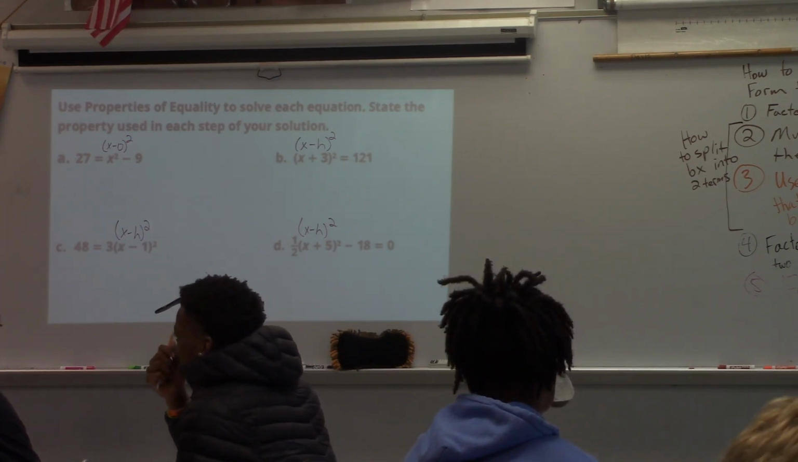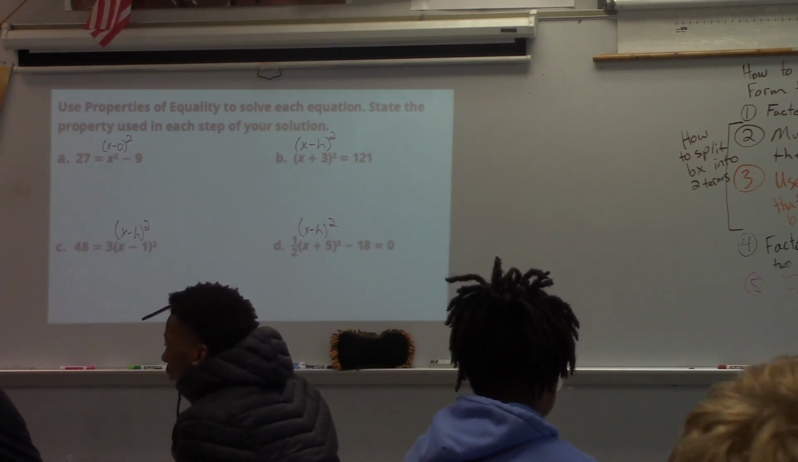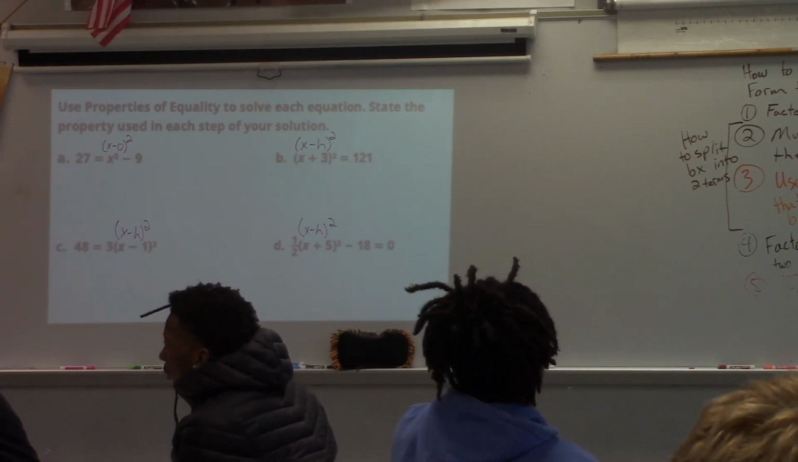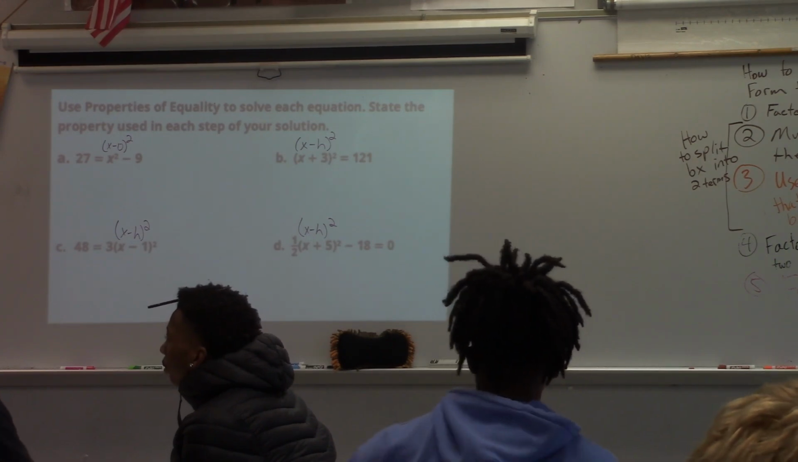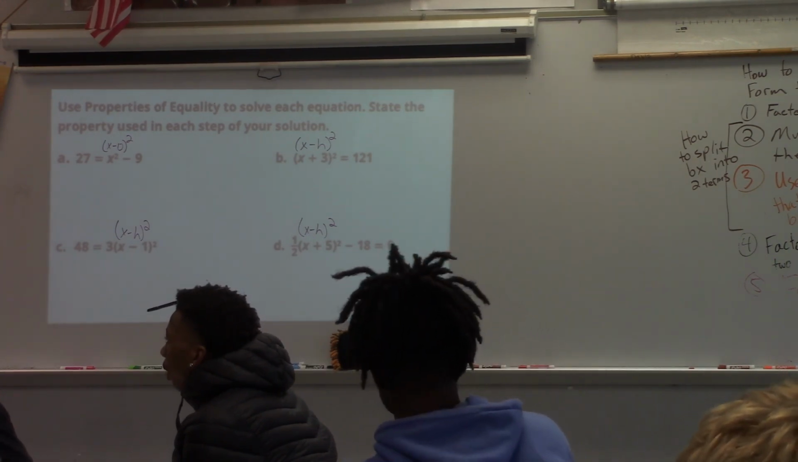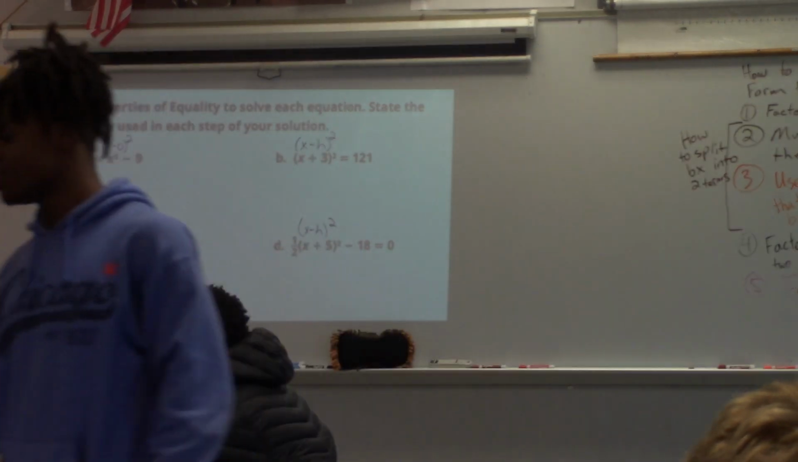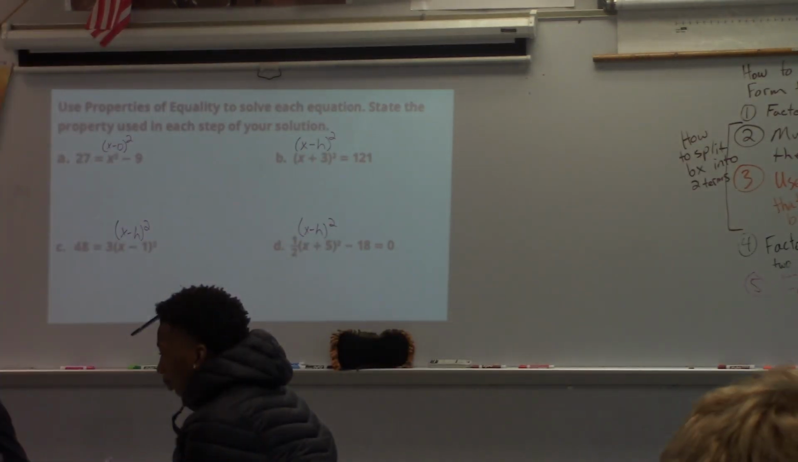Properties of equality with inverses. Thank you, Elise. Guys, we've talked about this days in a row now. We got to know this. If you have vertex form, you are going to use properties of equality with your inverses. Every time. Okay? Good job, Jay Sean. Now,